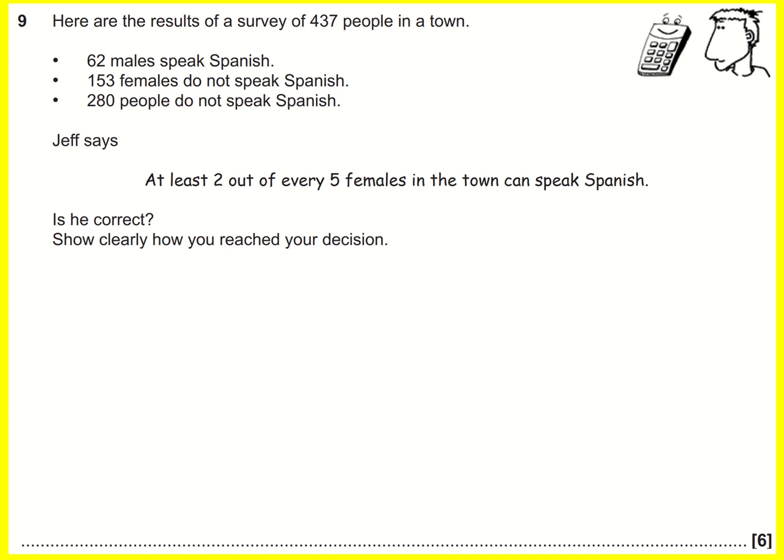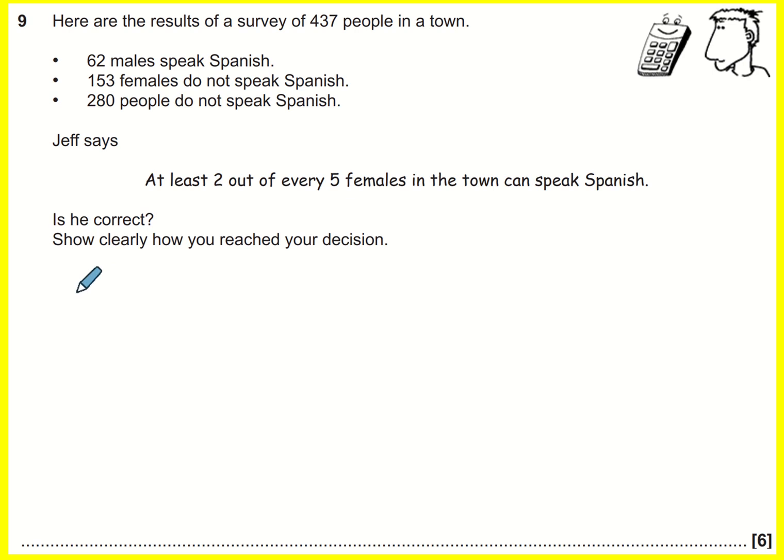Here's a question with lots of information in, and it doesn't say what approach to take. You just have to try and get the proportion of females who can speak Spanish. Now, a really good way of doing this is to use a two-way table. So I'm going to do that to start with, and I'm going to talk about one other approach that I